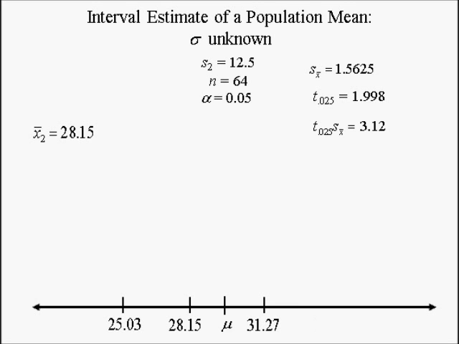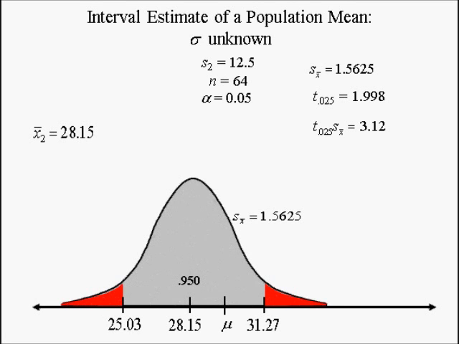The lower endpoint of this interval estimate equals the second X bar, 28.15, minus the second estimated margin of error, 3.12, which equals 25.03. The distribution has a standard deviation equal to the estimated standard error of 1.5625 and is centered at 28.15, the sample mean. Students oftentimes believe this means the probability of population mean mu being between 25.03 and 31.27 is equal